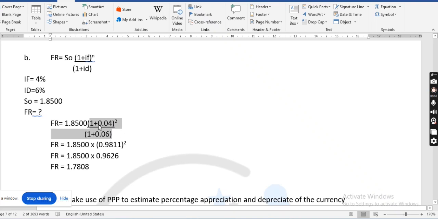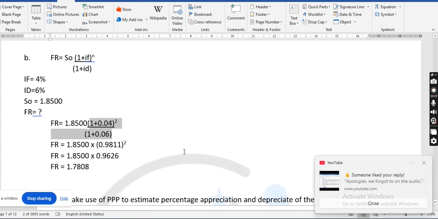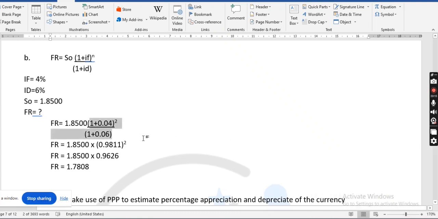That is why I decided to break it down here. 1.04 divided by 1.06, you have 0.9811 raised to power of 2. Then when you have this, you have your forward rate for 2 years. So I'm just preparing your mind that you could have a forward rate for